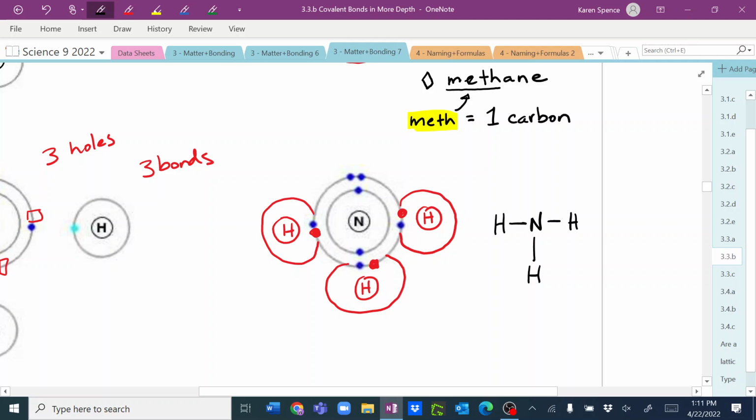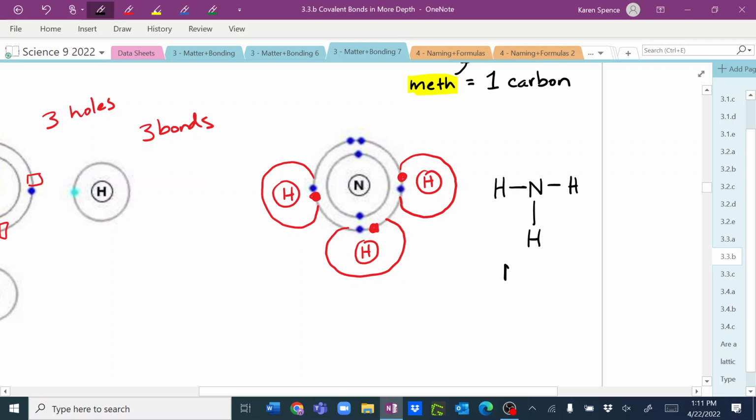Okay, and if we were actually doing this in grade 10, you would even put your lone pair of electrons that are not bonding electrons up top like that. Cool, hey? You don't need to know how to do that. Okay, so I'll get rid of that. So that is NH3, and its name is, again, this is black diamond stuff,